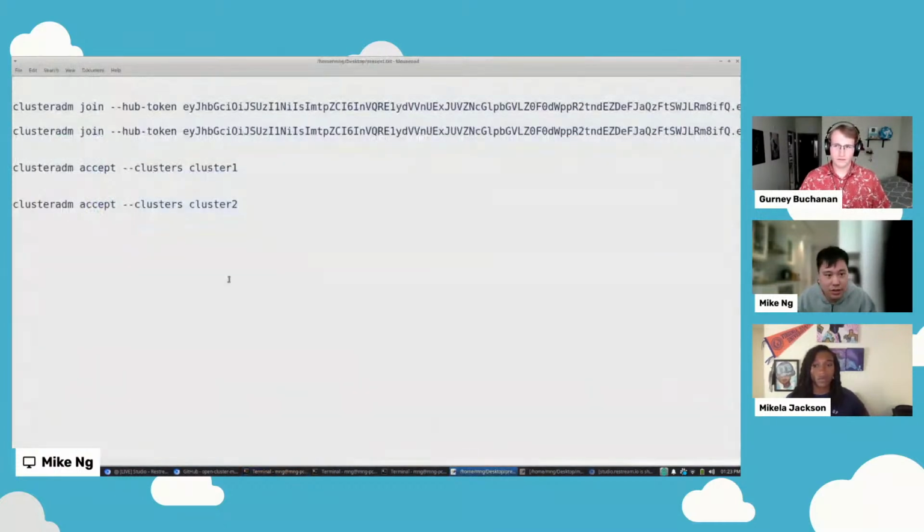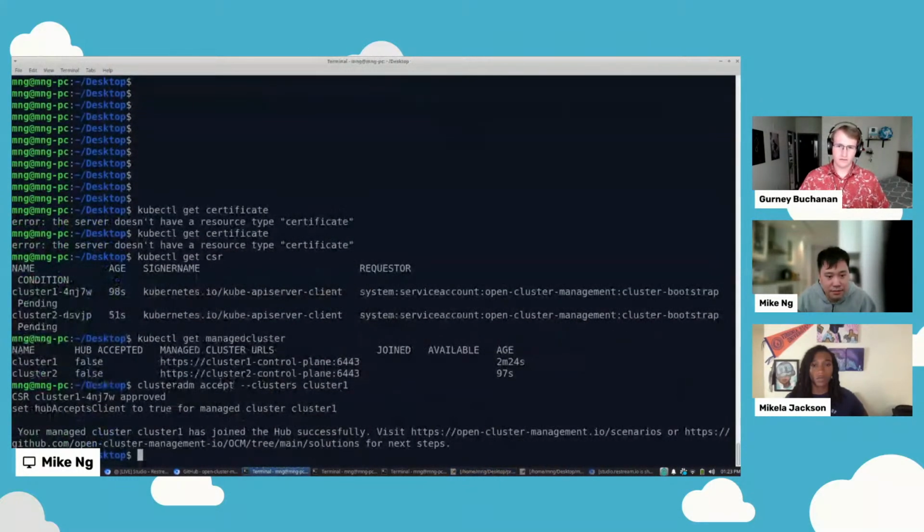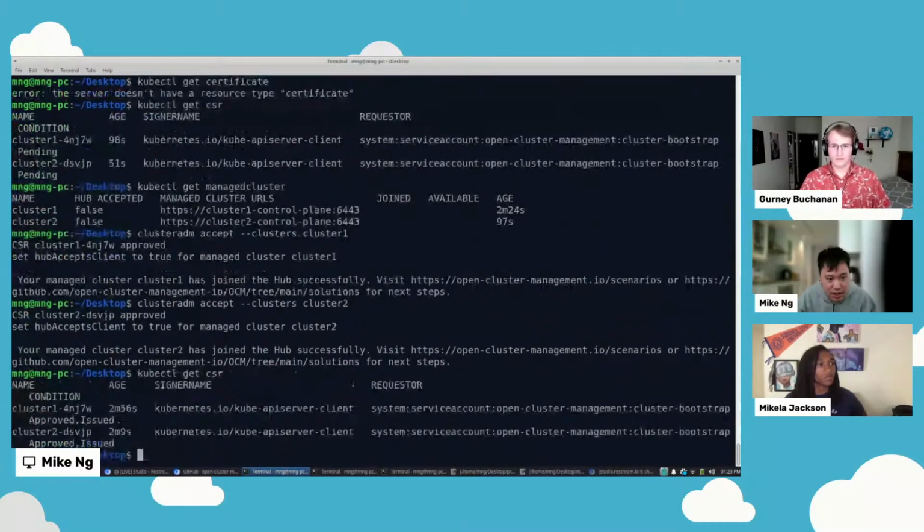So now I'm going to accept one of the clusters, and then I'm going to accept the other cluster as well. So we can go back and check the CSR, and now they've been approved.